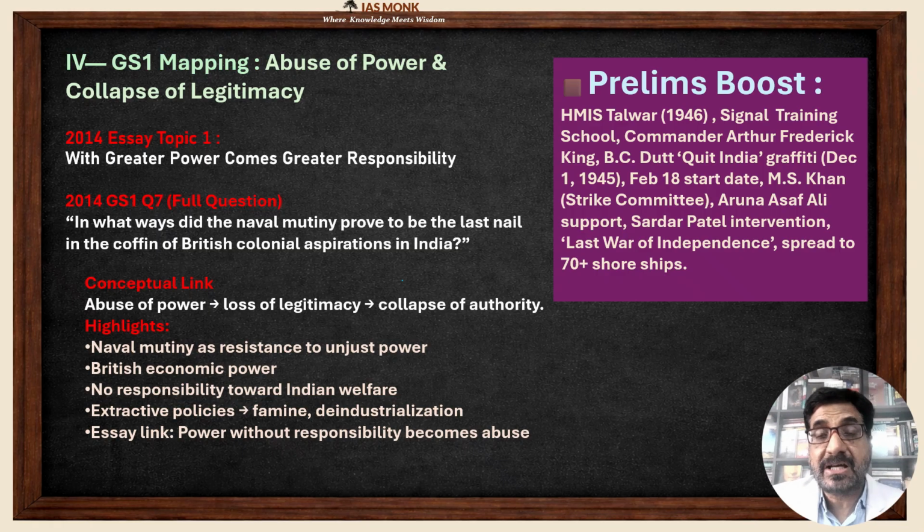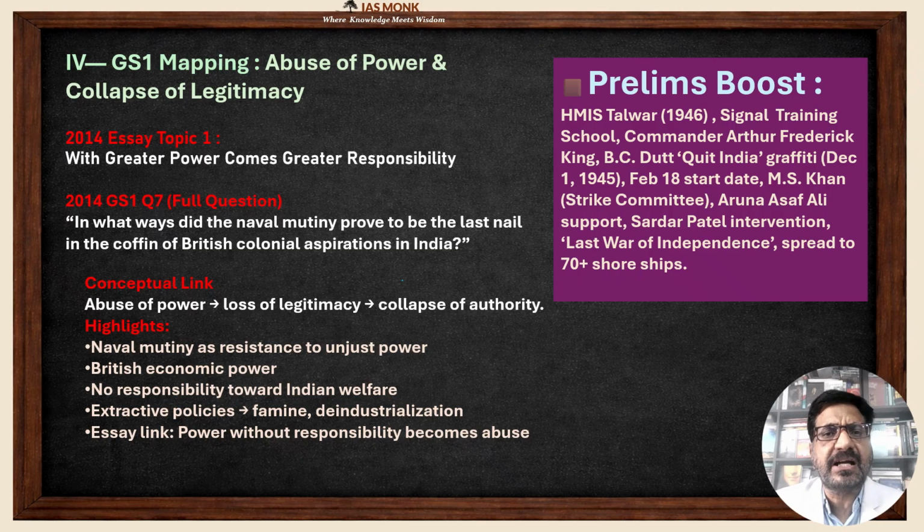So this question we are relating to our essay 1 of 2014. What is the question? In what ways did the naval mutiny prove to be the last nail in the coffin of British colonial aspirations in India? The Royal Indian Navy mutiny of 1946 was a dramatic reminder that colonial authority collapses when it loses moral legitimacy. The revolt began on HMIS Talwar in Bombay, Colaba, now called Mumbai,